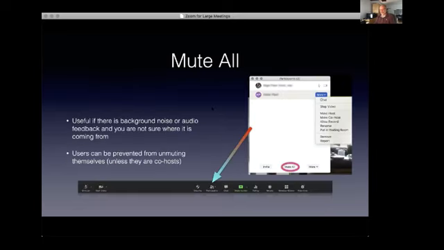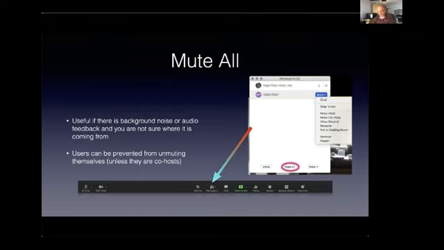One thing which is useful if you've forgotten to deny participants the ability to unmute themselves is the ability to mute everybody. If two people in the same house have got devices connected and they've both got their audio on, you will get feedback, and it can be, in a big meeting especially, quite difficult to work out where it's coming from. So you can just mute everybody by going to the bottom of the participants list, choose mute all, and then, as Maggie said, under the security icon, you've got the ability to stop people unmuting themselves again.